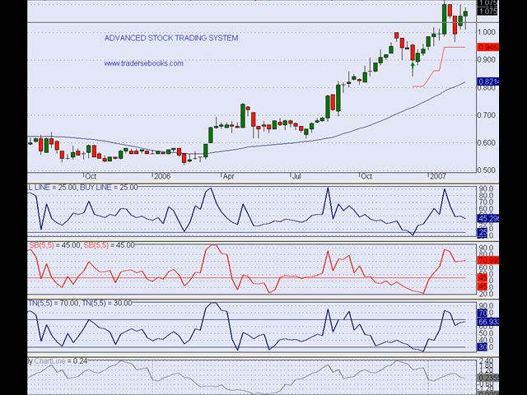So back to the advanced stock trading system. It's a medium-term system. It operates on a weekly chart, and this is a weekly candlestick chart with indicators of TNE, which is a stock traded on the Australian Stock Exchange, and it's one that's in a portfolio that we're running on the